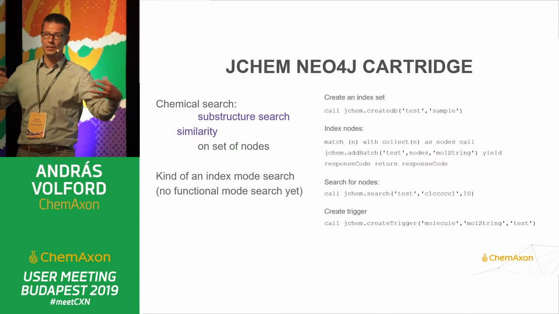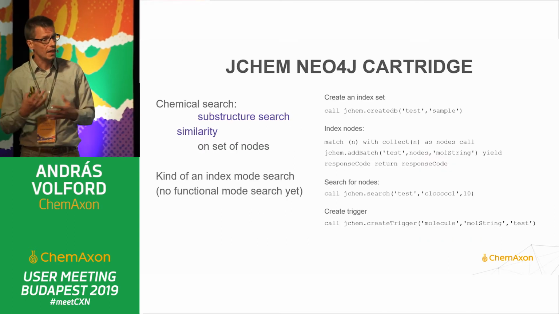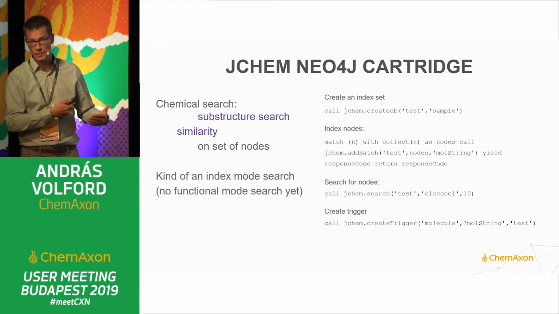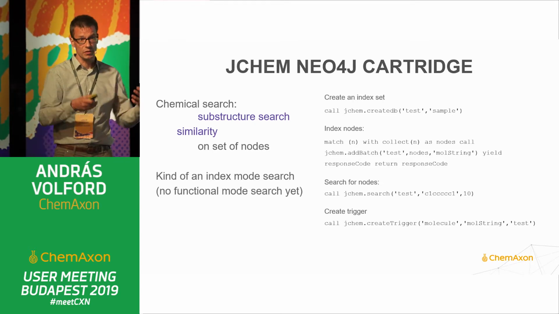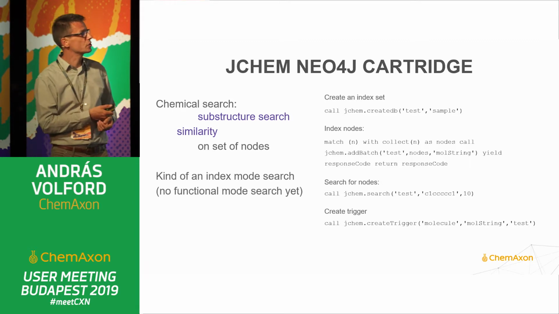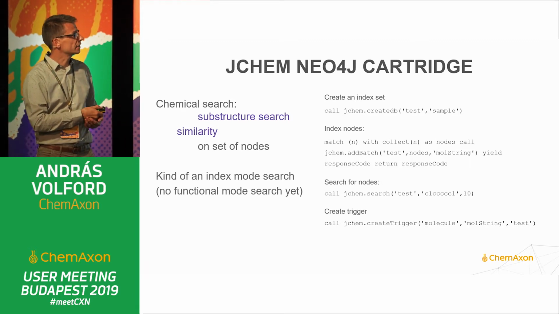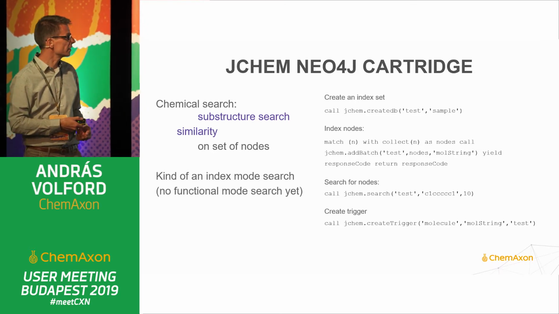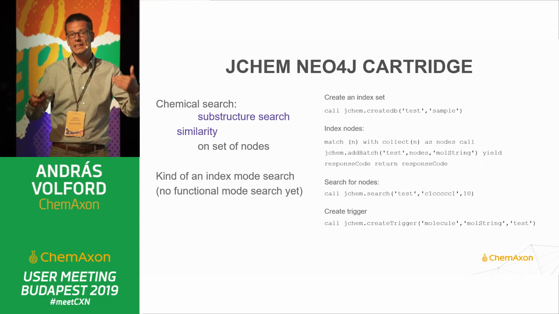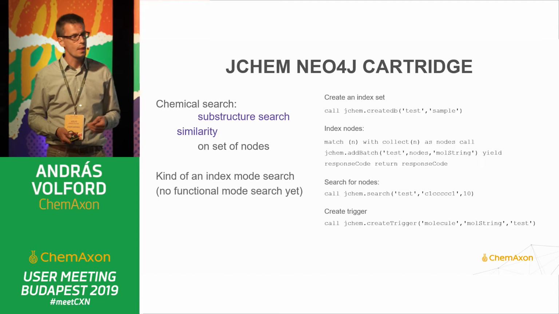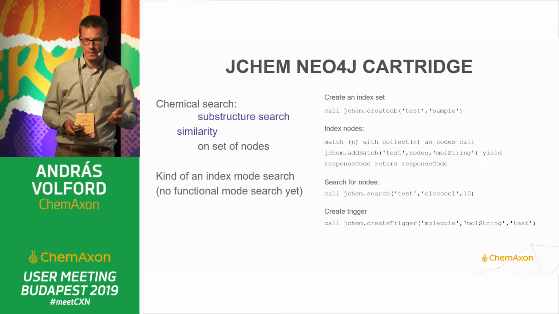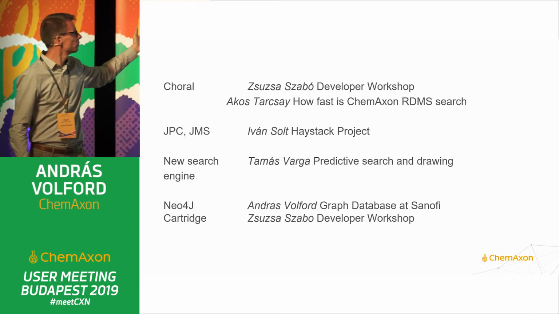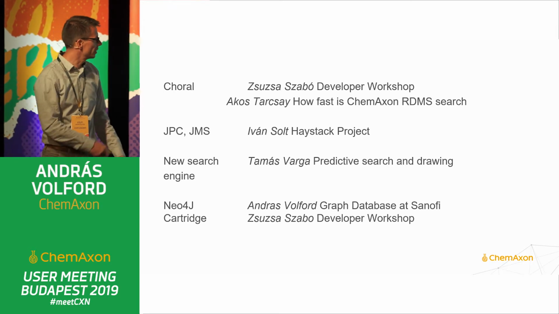Okay, what we have done at ChemAxon to provide help with chemistry in graph databases: we created the substructure search and similarity search of a set of nodes, and we created functions. We were extending, for example, the Neo4j language. We can create a set, then you can put chemical nodes in this set, and then we can search on this set. So this functionality is kind of an index mode search in graph databases. To sum it up, we have this nice new technology: Choral, microservices, the new search engine, the Neo4j Cartridge,